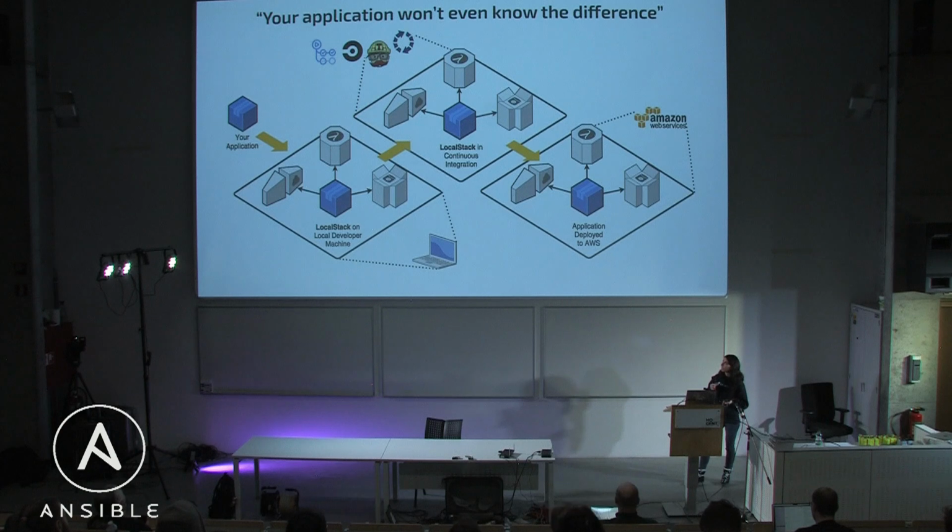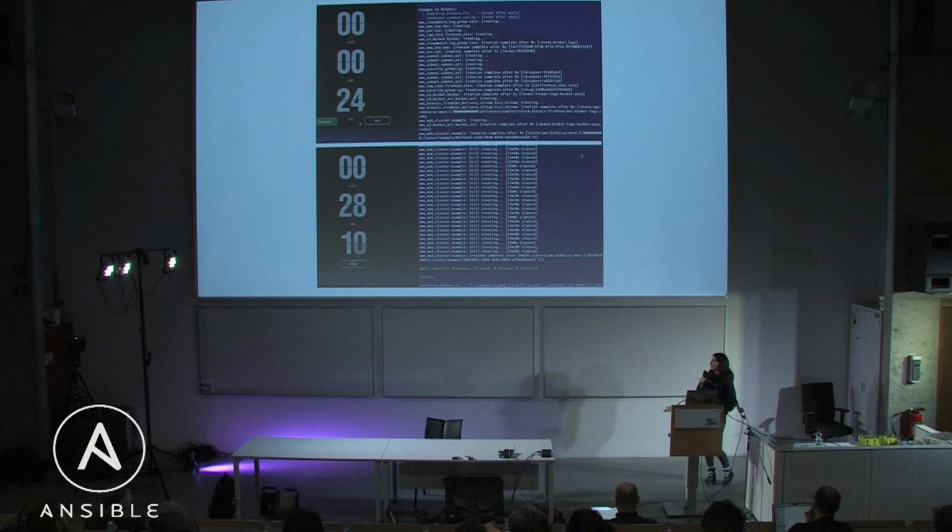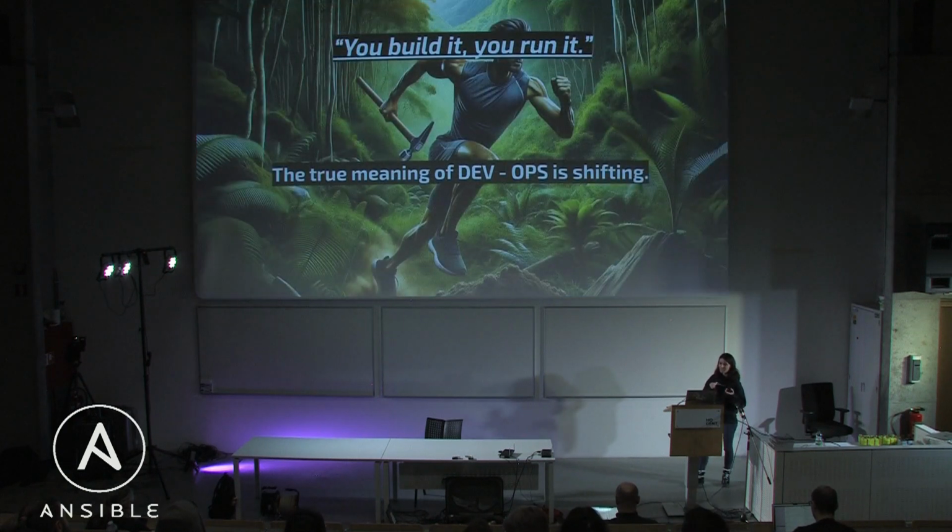So it's really easy to get started, and then you can add an additional layer as a safety net into your continuous integration pipeline. This is how you build your confidence with testing your infrastructure provisioning. And in production, obviously, you might want to use the real AWS. This is not a real benchmark. You will soon find out why. But your feedback loops will go down in certain cases from half an hour to half a minute. And I think that's pretty darn cool compared to waiting to see if something works or does not work.